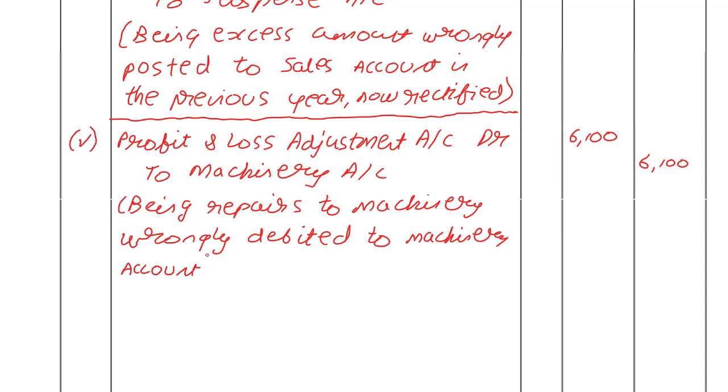I think A/C would have been enough. Okay, machinery account in the previous year, always in the previous year,